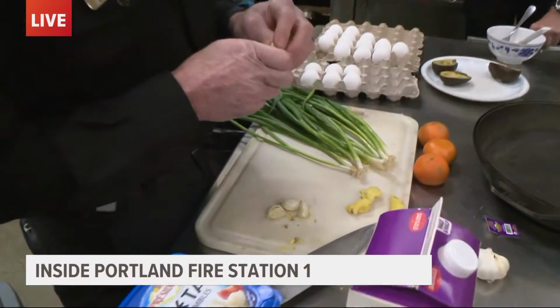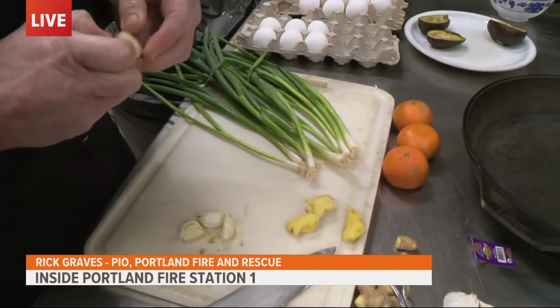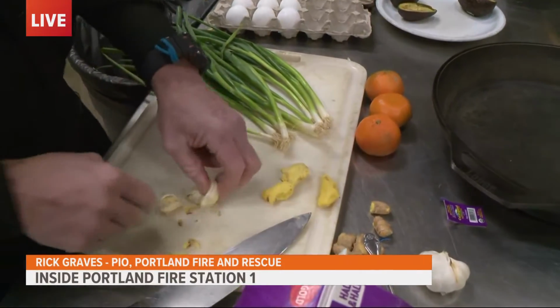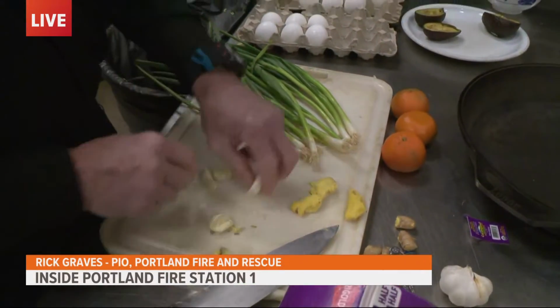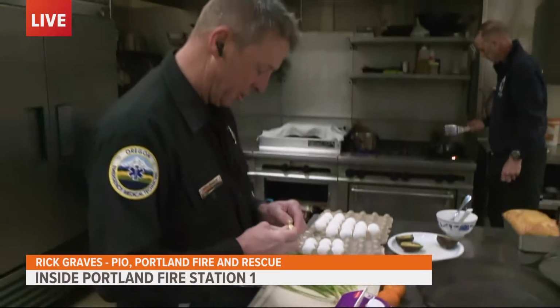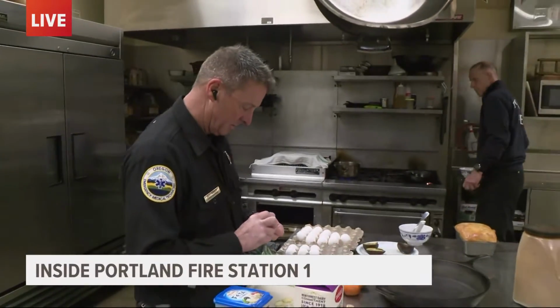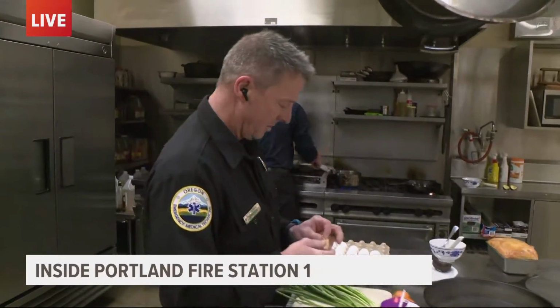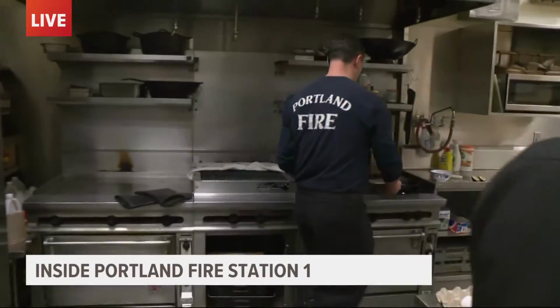I'm actually making a little Asian noodle sauce, some garlic, ginger, green onions. We got some soy sauce, some rice vinegar, and some peanut oil. This will be used to dress some noodles at lunch. We thought it would be fun this morning to take our viewers behind the scenes there at the Big House, as sometimes it's called, Station 1 in downtown Portland, just to get a little taste of life for